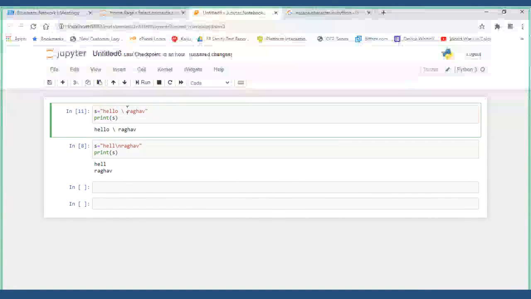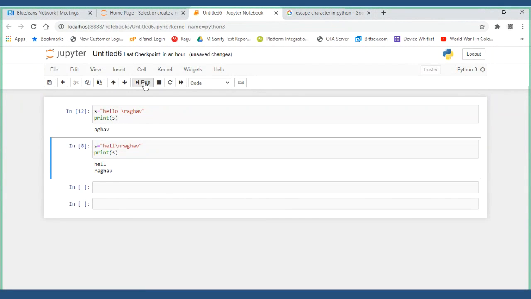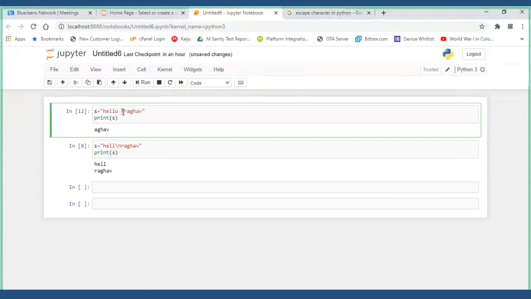But if you put something like slash r, it has some meaning, so it does that operation. It means you lose some characters to its left, right? So that is the carriage return behavior. What you have to remember here is, sometimes you require a backslash to be part of your string, whatever you are giving. So at that time, you have to put one more backslash. Let us see what happens.